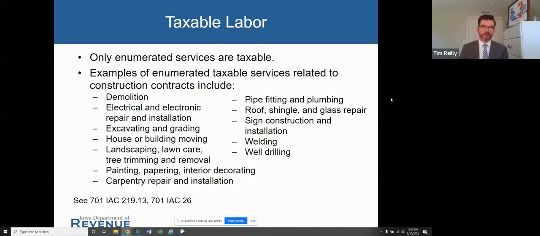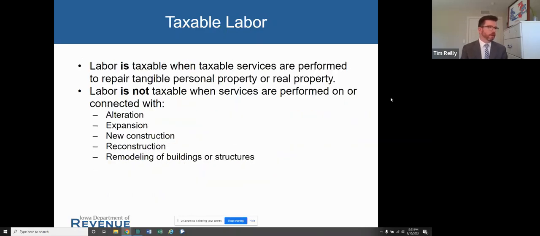They can obviously apply more broadly. So if you provide any of these services, any of your clients provide any of these services, or if you purchase any of these services and want to know whether it should be taxable or not, make sure you take a look at our administrative rules that cover those.